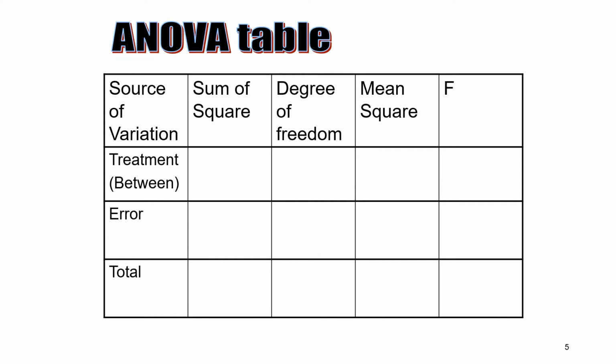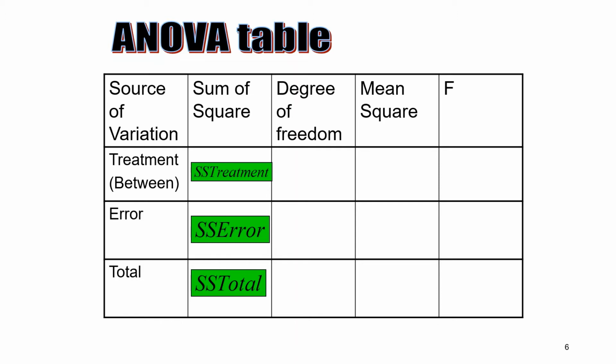The table consists of columns showing source of variation, sum of squares, degree of freedom, mean squares, and F-test statistic. We need to find treatment sum of squares denoted by SS treatment, error sum of squares denoted by SS error, total sum of squares denoted by SS total, the degree of freedom for treatment, which is number of means tested minus 1, the degree of freedom for error, which is number of observations in the sample minus the number of means tested, the degree of freedom for total, which is number of observations in the sample minus 1,